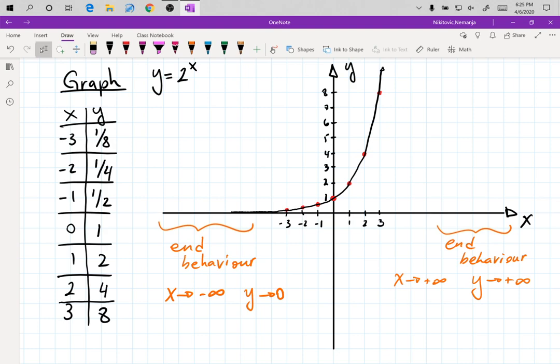Now, you might ask after this, well, okay, but you said 2 to the x. What about 3 to the x and 4 to the x, right? Well, what's happening here is just the line is going to either grow quicker or it's going to grow slower, right? And the best way for us to explore that is to actually go on Desmos and graph a whole